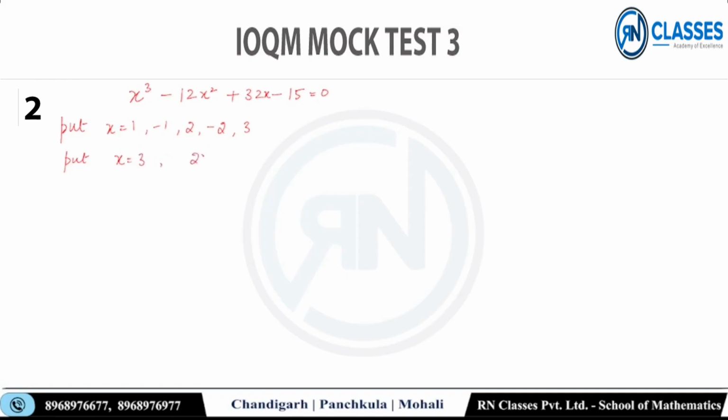put x equal to 3, I have to check कि भाई 0 बन भी रहा है या नहीं। सो 3 का cube that is 27 minus 12 into 9, 108, 32 into 3 that is 96 minus 15. So this entire answer is 0. So मैं यहां से सीधा factor theorem से बोल सकता हूं x minus 3 is a factor. So अब मैं इसको सिर्फ divide कर देता हूं, काम खत्म।